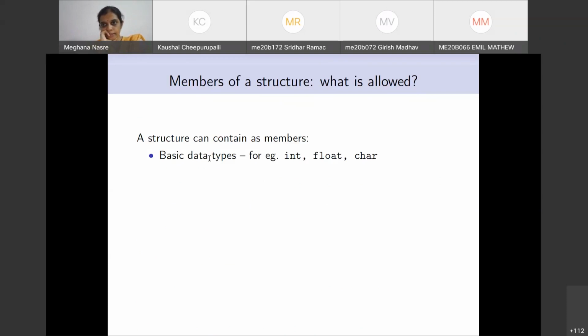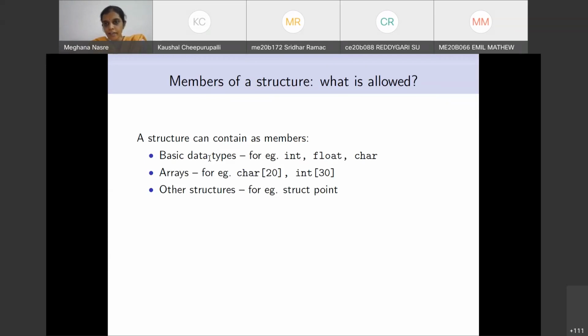Other structures? Yes, another structure. We have seen that as an example where inside a rectangle we had a point which was defined as a structure. What else? Arrays. Good. We did not have integer arrays, but we had character arrays in both the cases.